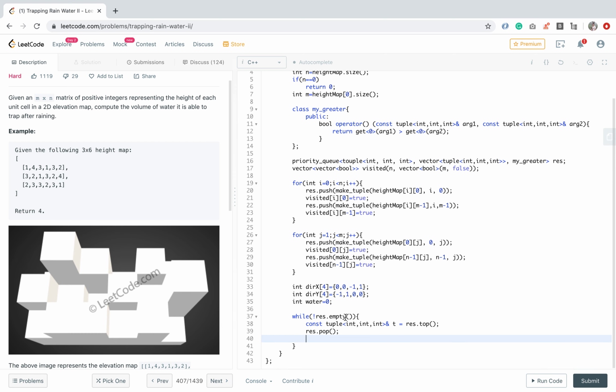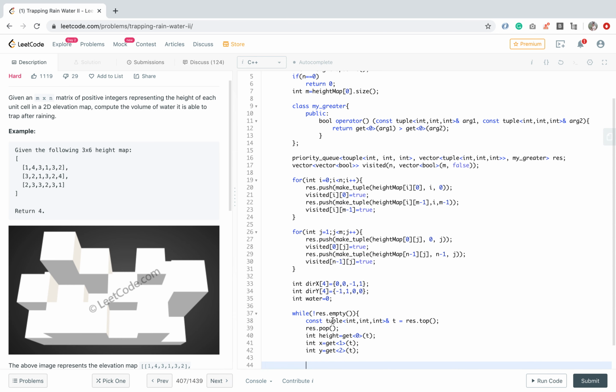From t we fetch the height, x coordinate, y coordinate: int height equals get 0 of t, int x equals get 1 of tuple t, similarly int y equals get 2 from the tuple.